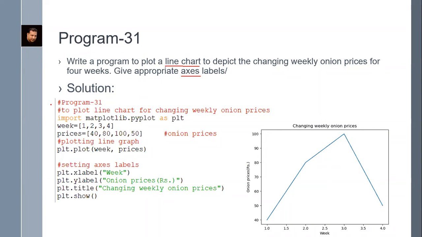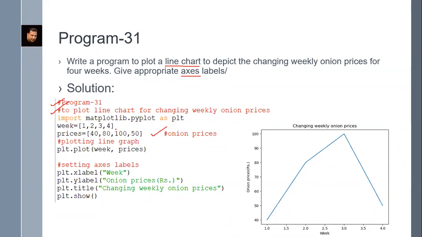You must provide documentation. हैश साइन के साथ जो हम कमेंट्स लिखते हैं, all these are explanatory comments. These are known as documentation. तो डॉक्यूमेंटेशन के मार्क्स अलग होते हैं. That is why documentation is compulsory in each and every program which you are going to write in your practical file. So import matplotlib.pyplot as plt.